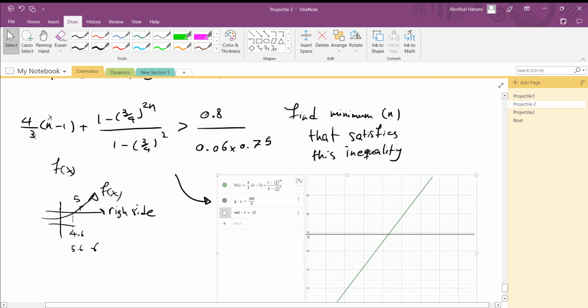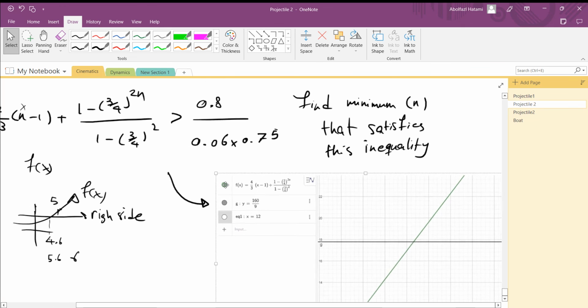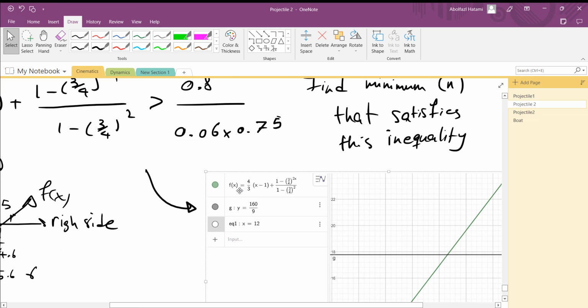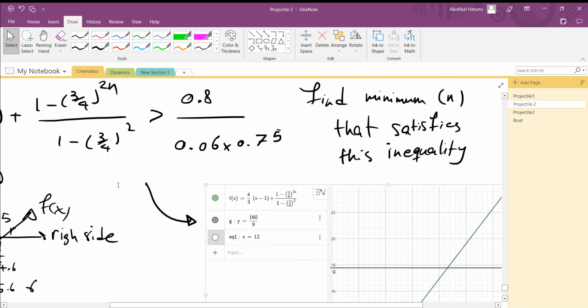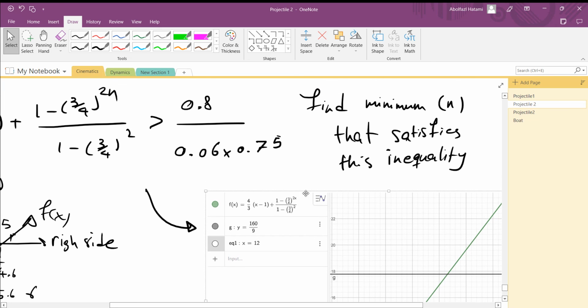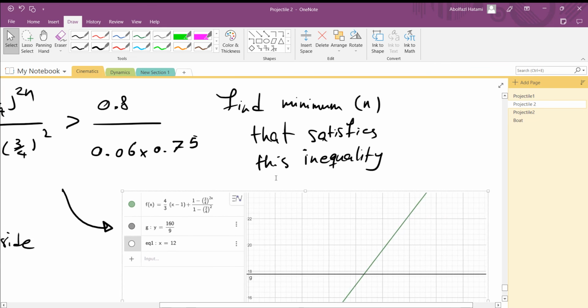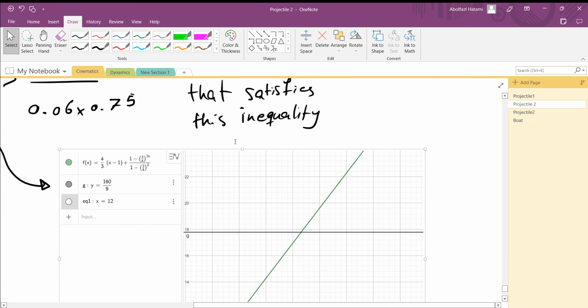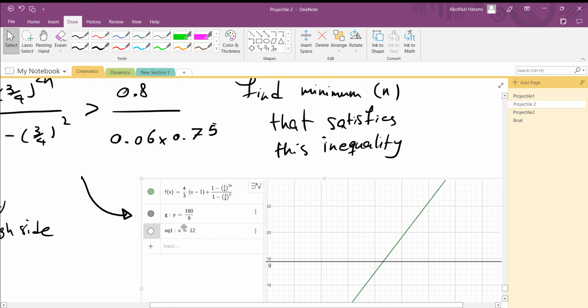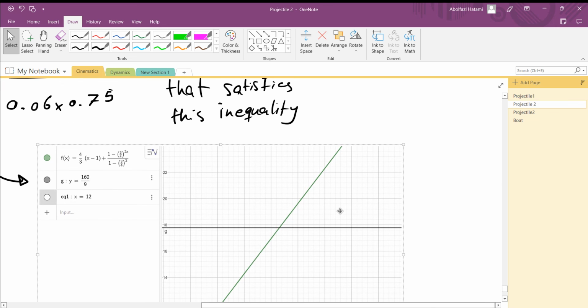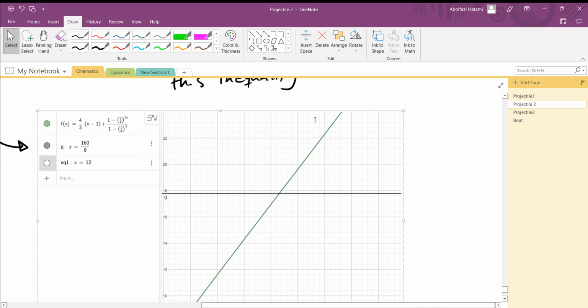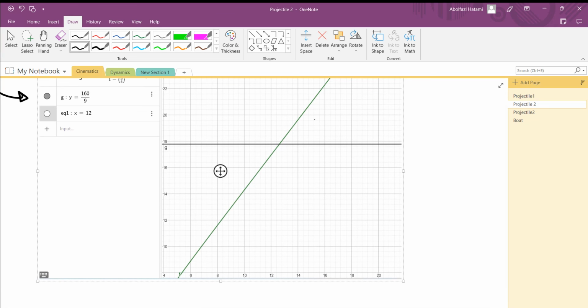I replaced n with x, and as you can see in this part, we have f of x, which is 4 over 3 x minus 1 plus 1 minus 3 over 4 to the power 2x, where x is n. Here we have the green graph, and the right side is equal to 160 over 9, which is the gray graph, and you can see here that n equals 12,